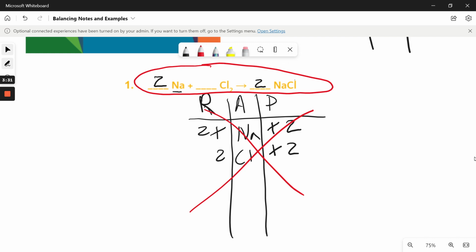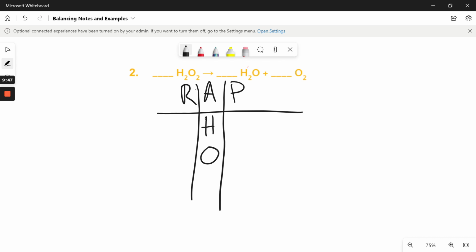All right, let's do another example. Here's our second example. I've set up my wrap table, and I'm going to go ahead and count. On my reactant side, I have 2 hydrogen, I have 2 oxygen. On the product side, I have 2 hydrogen, and